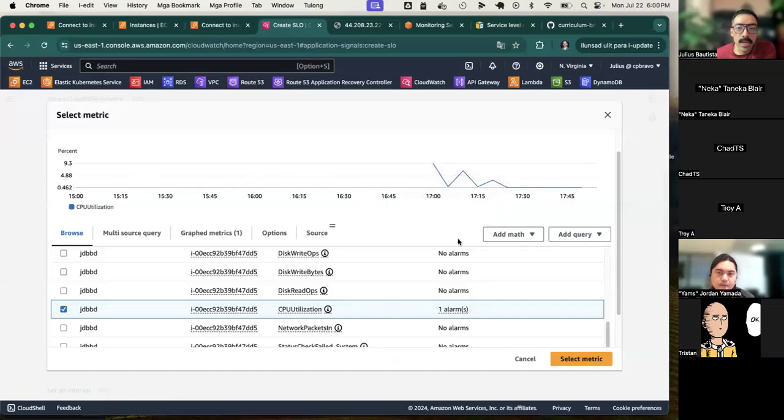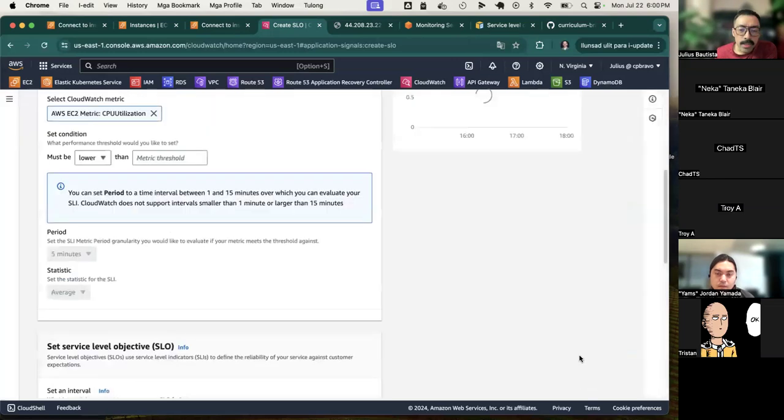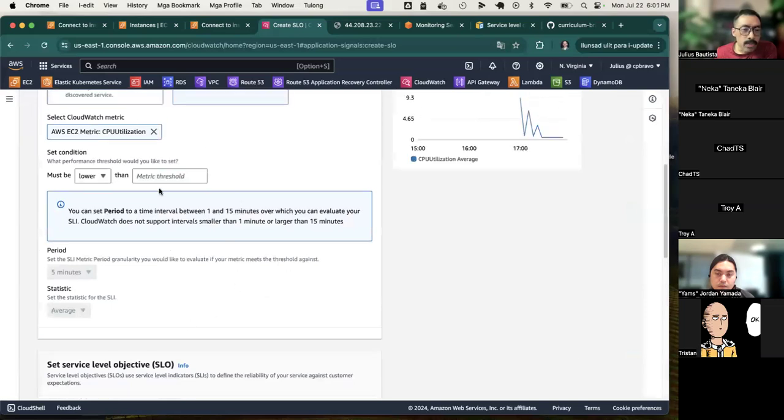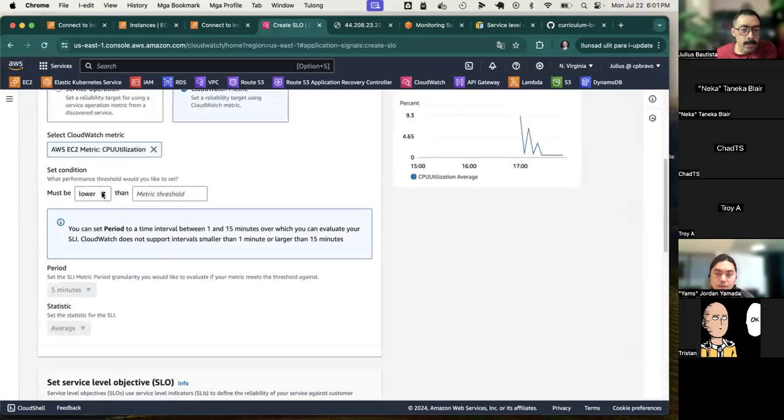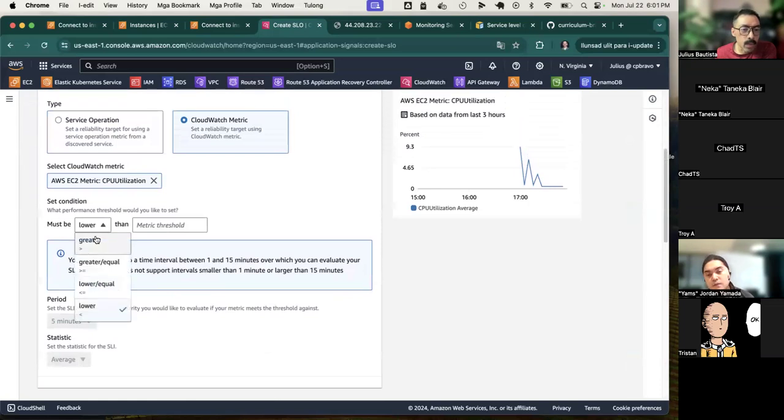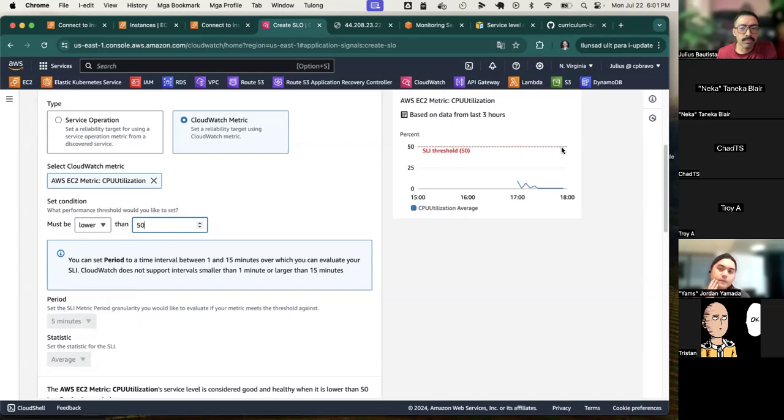Looks like, what time is it now? 6 o'clock. We had activity bouncing around while I was, I guess, running different commands on there. Oh, right, to set up CloudWatch agents. So that's what that is. Let's select that metric. Now, once you've selected that, you can set a condition. So we've got our metric and we want to know when we are, let's say, below a certain threshold, right? Let's say once we're below 50,